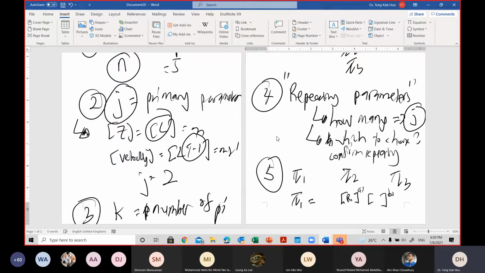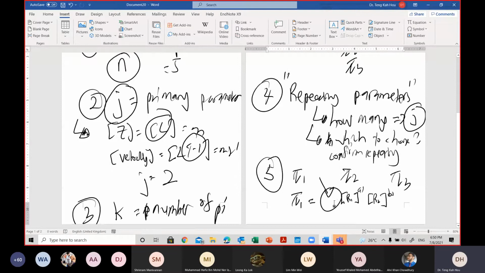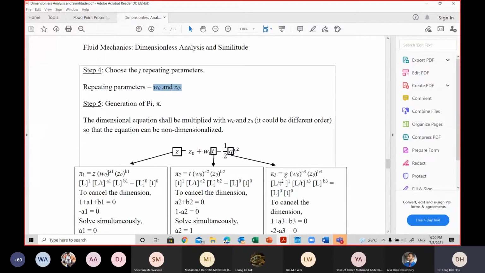Repeating value 1, repeating value 2. And put this, what is not repeating. And you know that I got 5 parameters. So of course, you will go back to this, which we call that. Put the first one not repeated, the Z, the T, and the G. Right? So this is the process